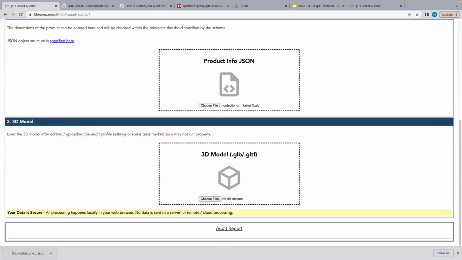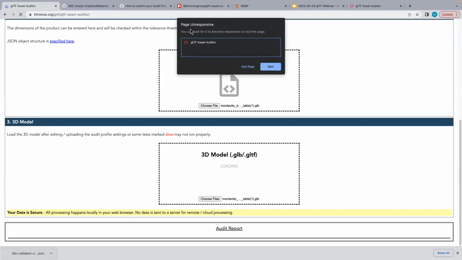Oh, that's product dimensions. Okay. So that's loading. And I'm guessing it's still trying to do, I must not have turned off all the slow checks. Reload. Oh, you'll notice that if you're running the slow